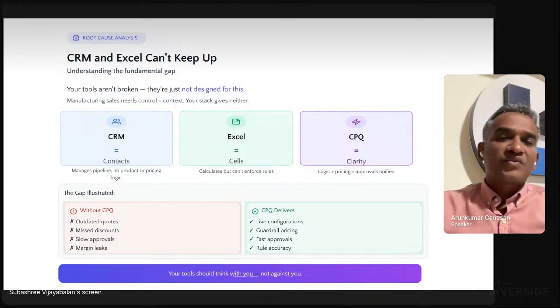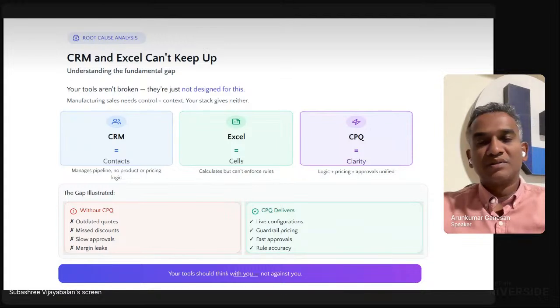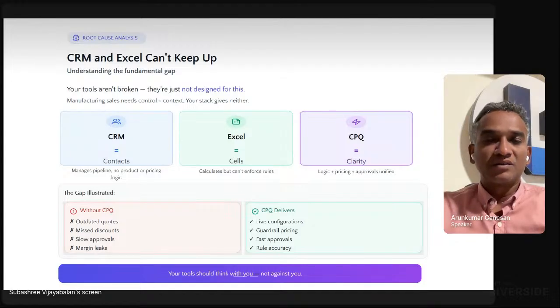If you see, CRM and Excel definitely cannot keep up with or match your engineer-to-order scenarios especially. CRM can do a lot with contacts and marketing, keeping track of orders and inquiries. And Excel will have a couple of formulas, which are not centralized and are stored locally on some users' or the sales manager's system.